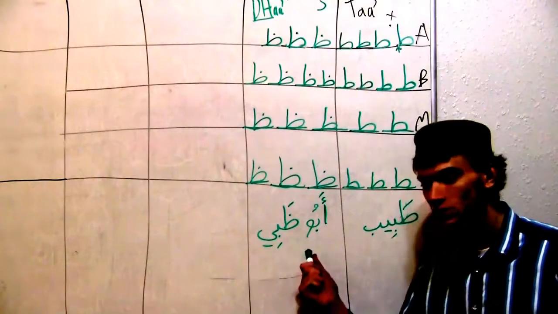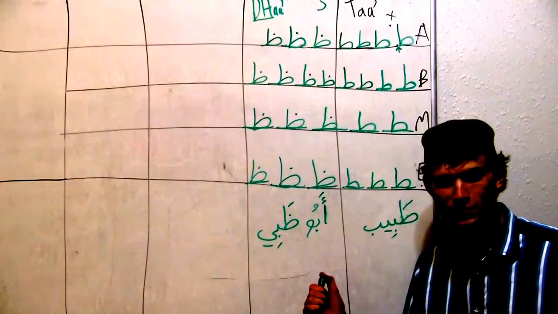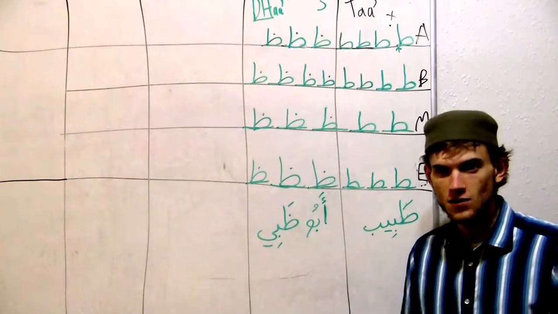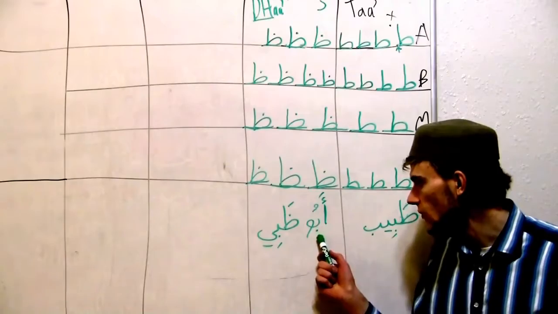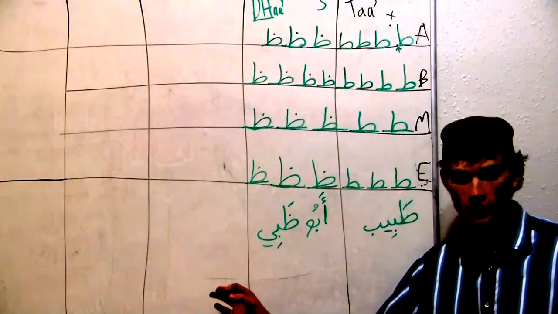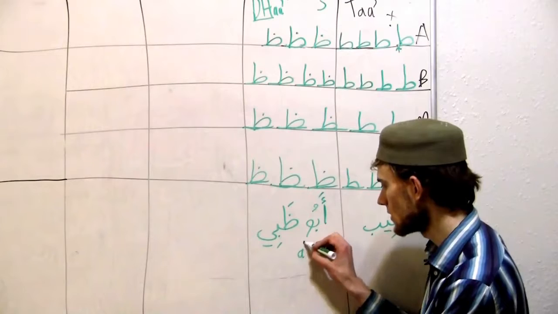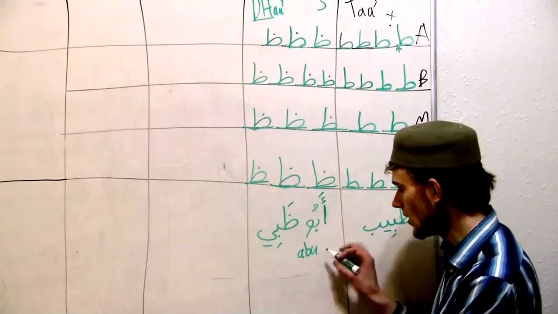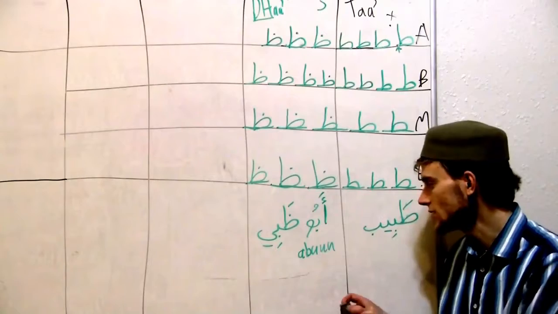Okay? So any questions about this? You're confused, right? Right. And then a ya. There's a kasra underneath the ba and then a ya. Just like how there's a dhamma on the ba and then a waw. That's to show that it's an oo sound and it's an e sound that comes after it. And it doesn't mean that when I write it out, we have a dhamma after the ba and then a waw. No, it's not a triple u.